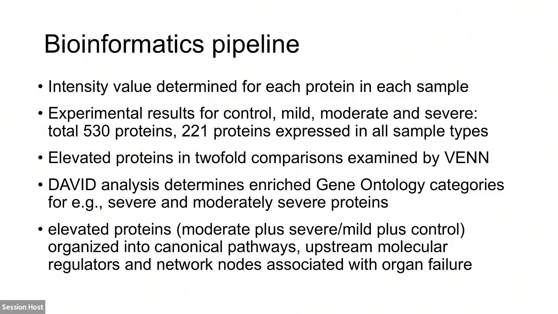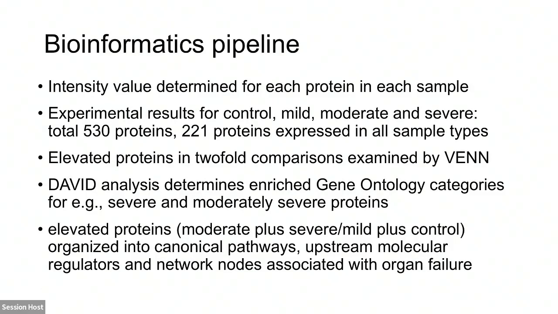So you take your intensity values determined for each protein. In the first experiment, I had 530 proteins identified, 221 of which I could quantify across the experiment because they're present in all the samples. We compared them by twofold comparisons, examined these by Venn, and looked at the gene ontology categories associated with each